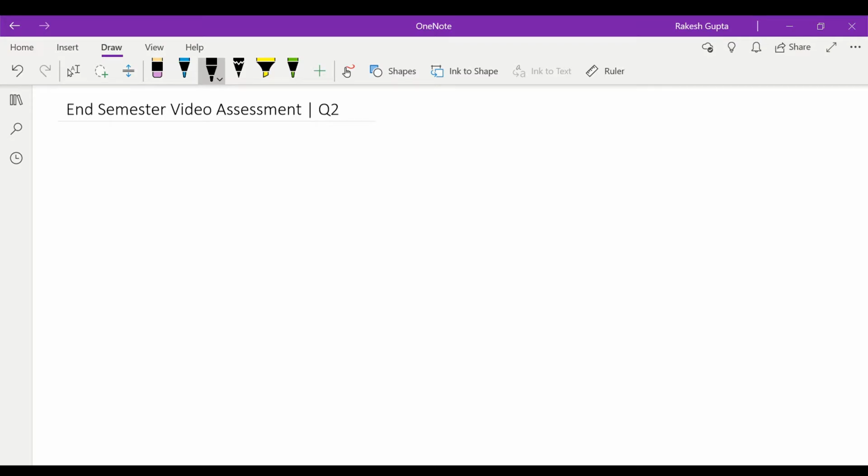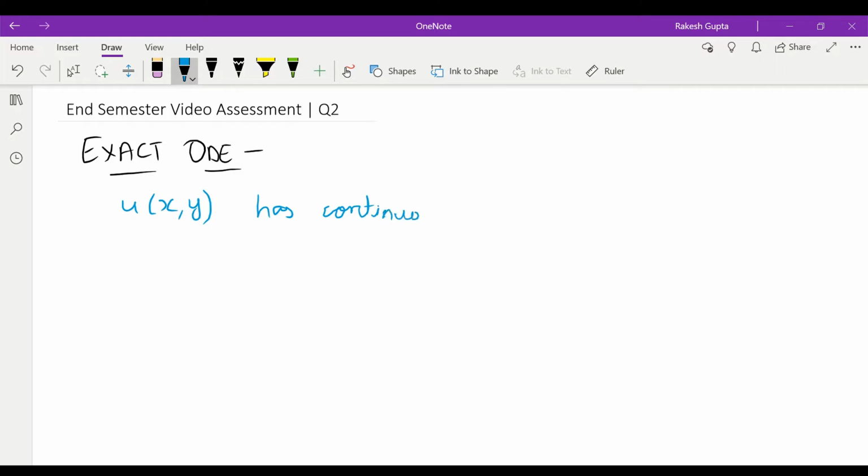Okay, so I would like to start by talking about what exact ODEs are. If we have a function in terms of x and y, let's call it u of x and y, and this has continuous partial derivatives, then the total differential of u of x and y is given by